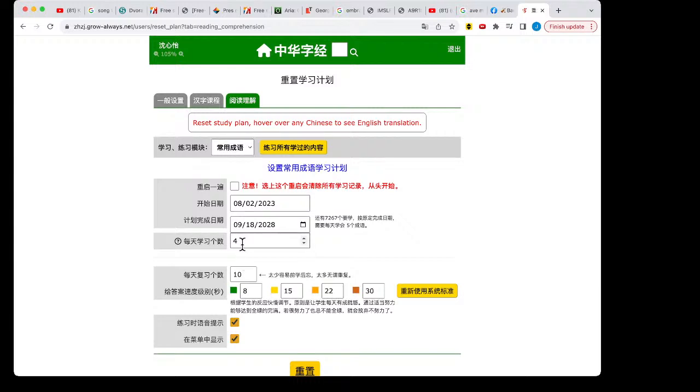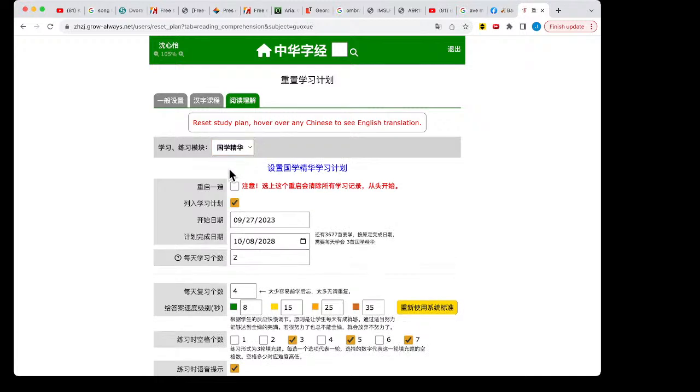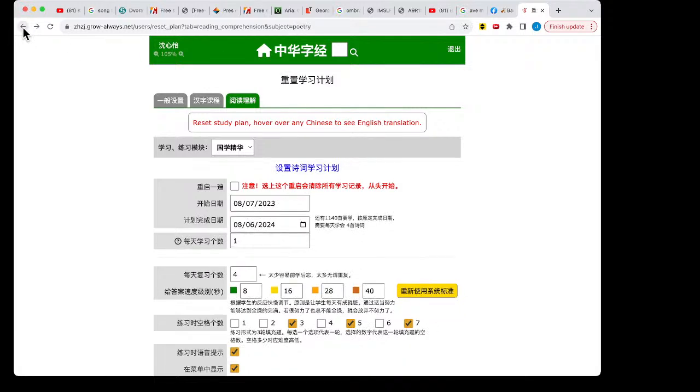Over here, I only set up like 4, okay? Then there's 词汇, 诗词, that's poetry. For poetry, I only set up to study 1 every day and review 4. And then the 国学精华, the Chinese classics, we're going to study 2 every single day. Okay, this is how we set up, and you can set it up according to the pace you like. So let's go back to